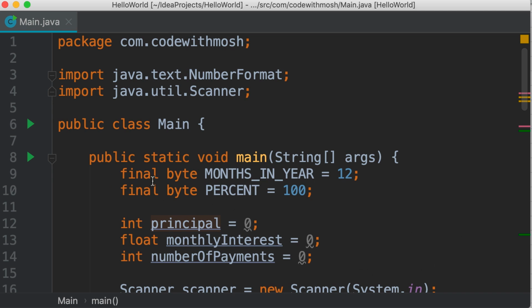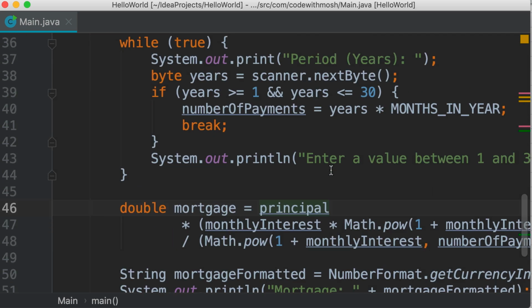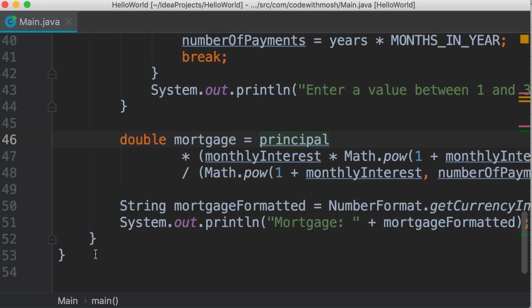Now look at the code in our main method. Our main method starts on line 8 and ends on line 52. So it has 44 lines of code. That's way too much. Ideally, our methods should be between 5 to 10 lines of code and no more than 20. So we need to chop up this method. We need to refactor it, which means we're going to extract certain pieces from this method and put them in